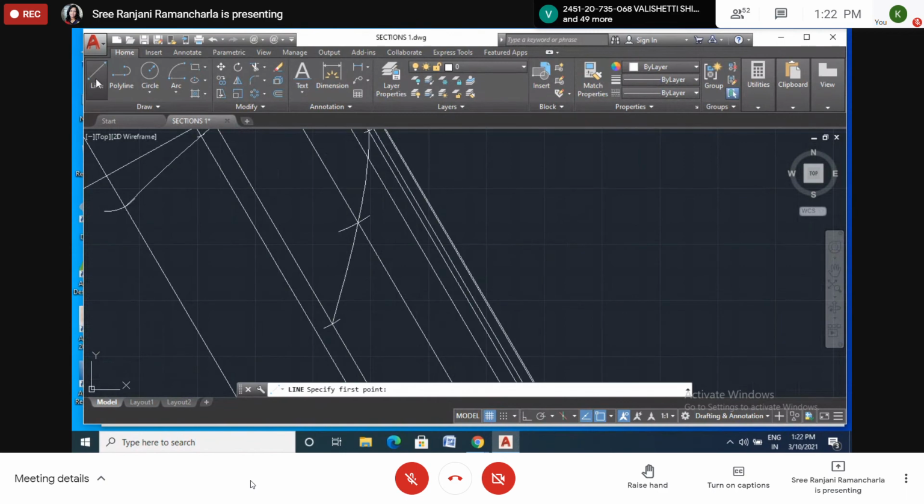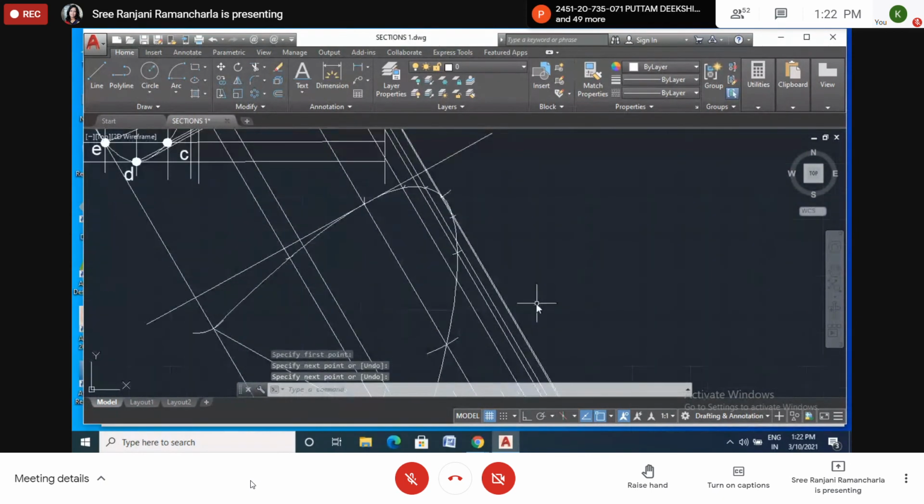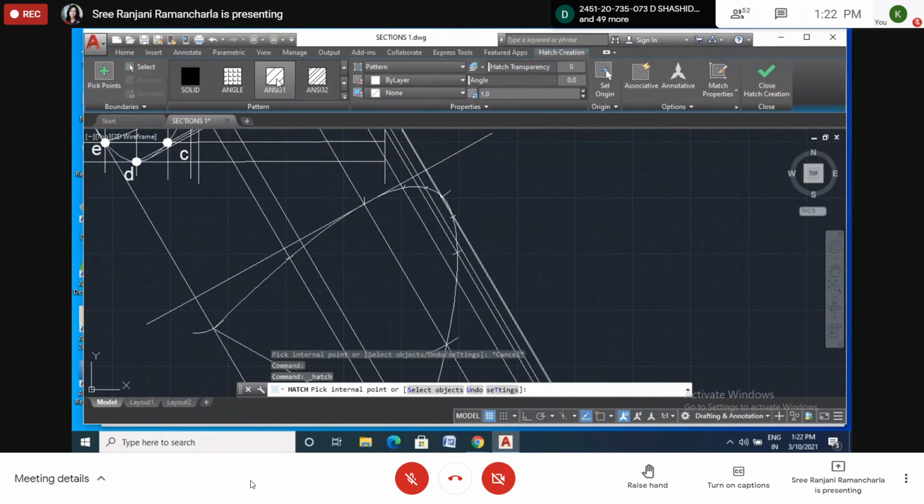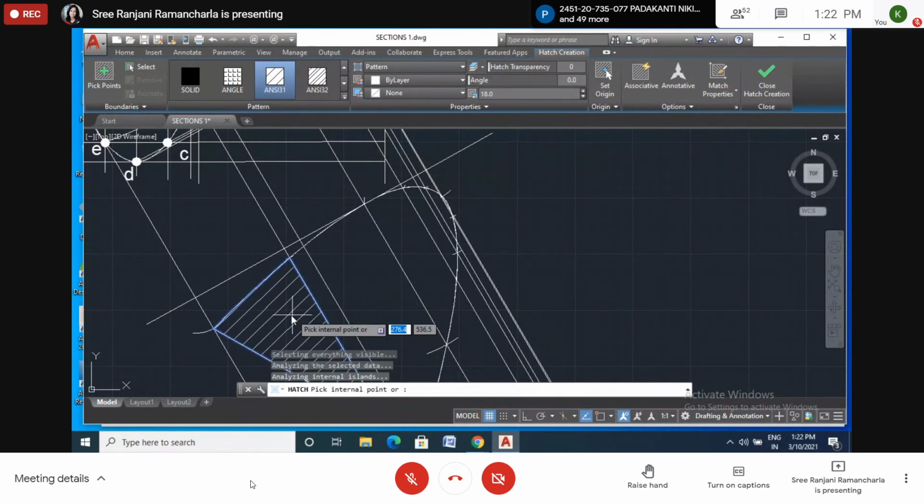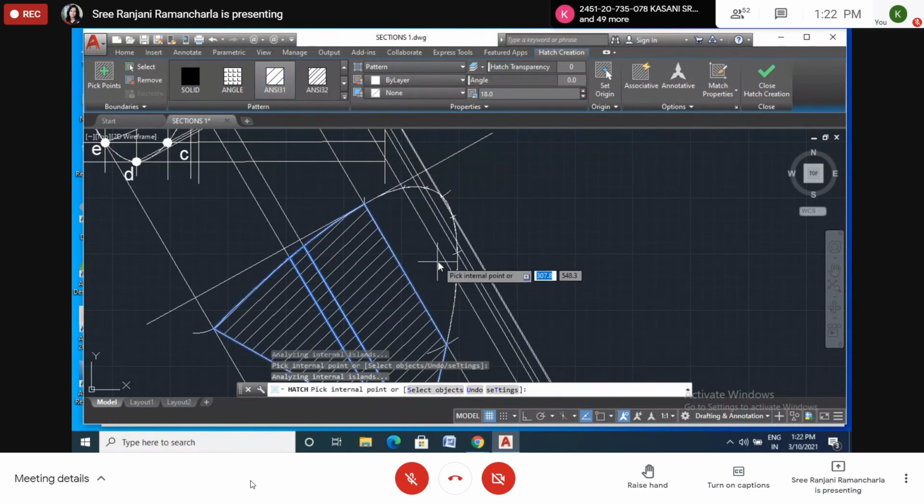So now join this straight line, because this is the base. This will be the straight line. Now this is the true shape of the section. Now we have to give the hatch. We'll select this one. Now you will change the scale here. I think long back we gave it as 18. What I remember here, I'll give 18. 1, 8, enter. Okay, now I give the hatch here. See how neatly it is coming. Very neat.